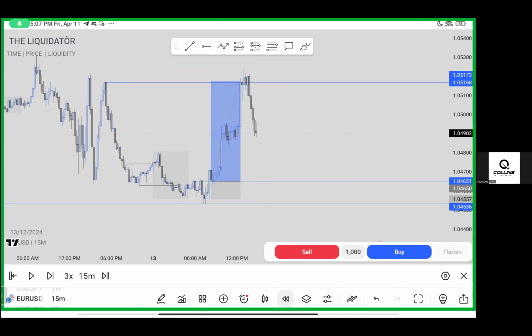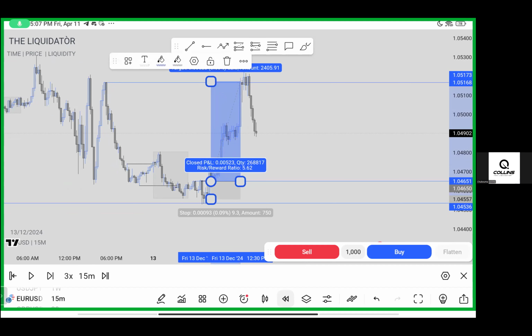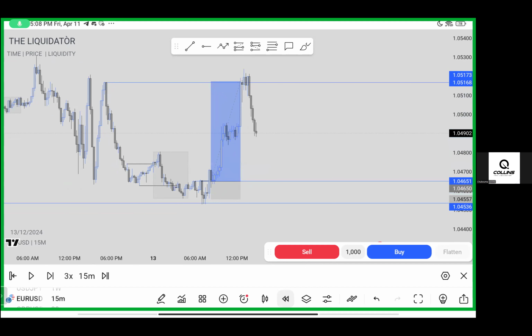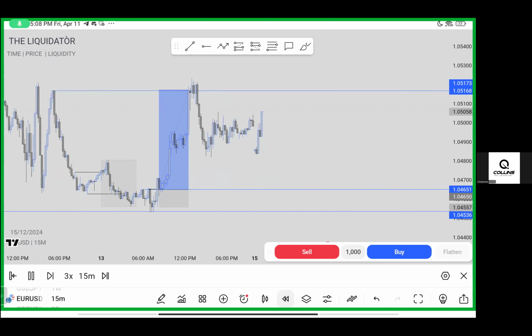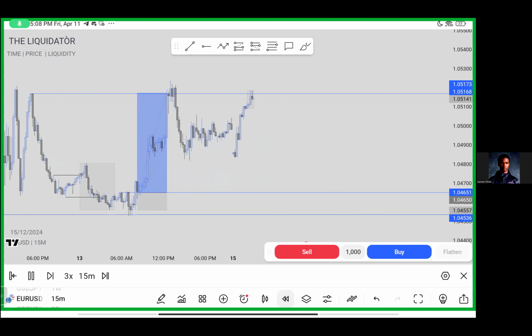So price has already shown us that yes, it respected the 4-hour rejection block. If you remember, I showed the 4-hour rejection block price was respecting. So now the next step is we're going to wait for the Asia session and check the 4-hour time frame. That's what we're going to be doing now. So now we are waiting for the next day. Currently waiting for the next day. So let's patiently wait. Okay, this is the Asia session.